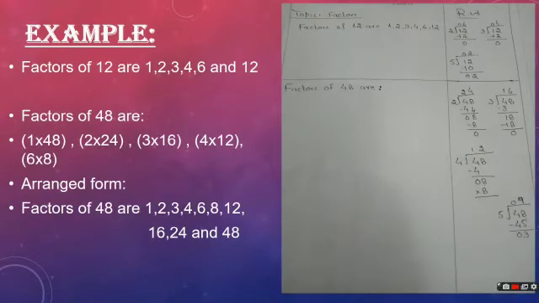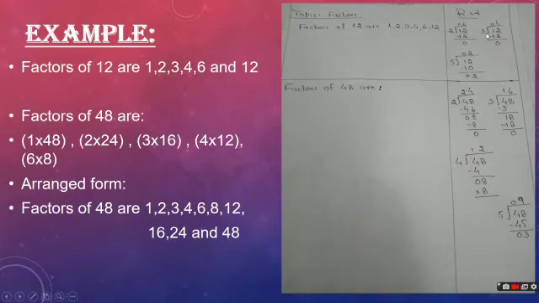Now look at the example over here. Number one is factors of 12, which means we have to find the factors of 12. So let's begin with the division method first. One thing please keep in your mind, whenever you are finding the factors of a given number, always start from 1, and 1 is the factor of every number, 1 and the number itself. So first we will write 1 over here as a factor, then we will divide the given number by different numbers one by one. In this way we will get all the factors of the given number.